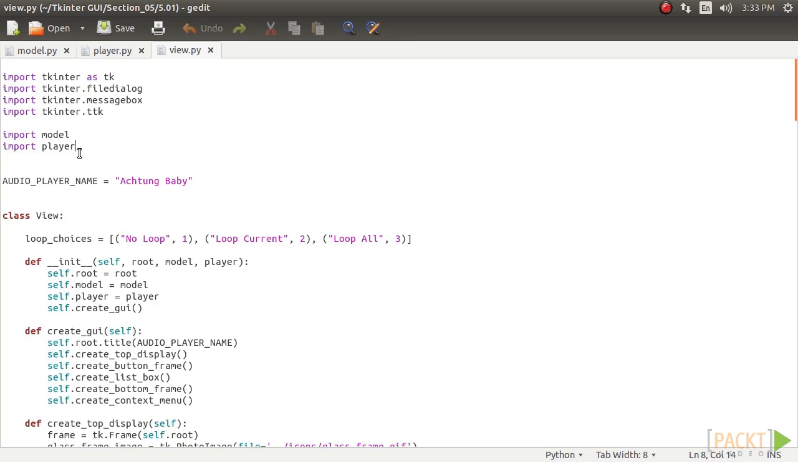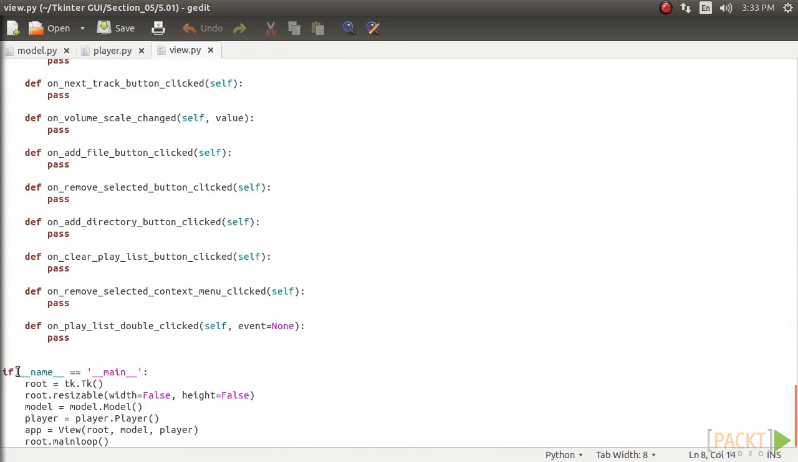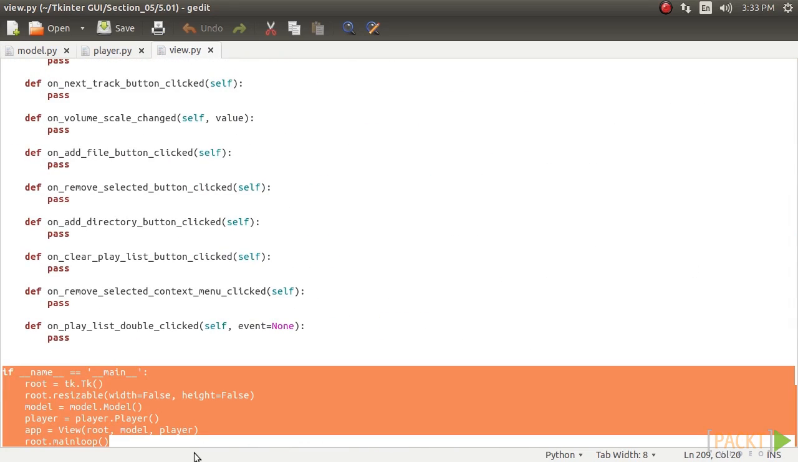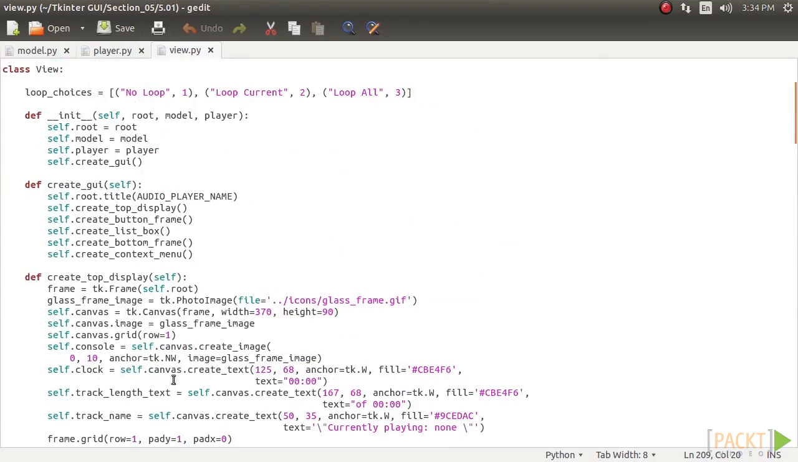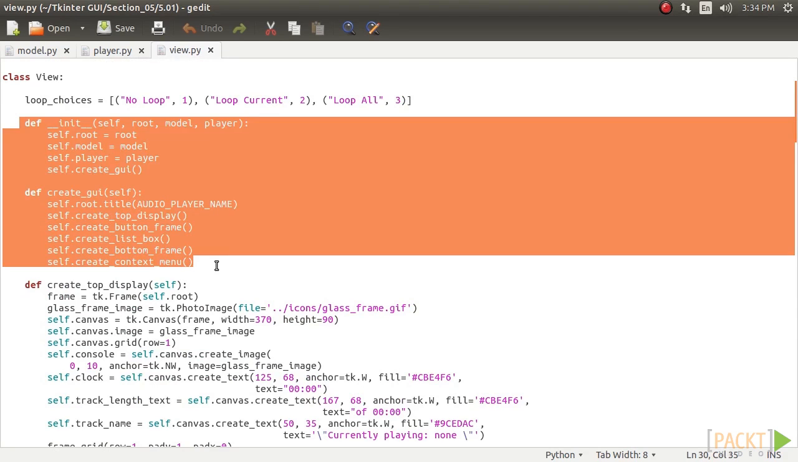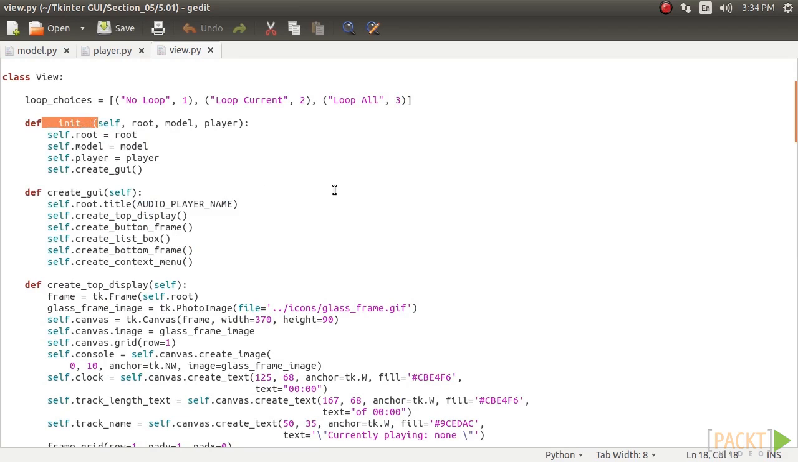Now, let's create the top-level window. Also, we'll create instances of the model and player classes and pass them as arguments to the view class. Now that the boilerplate code is written, let's start coding the actual view class. The __init__ method should look familiar to you by now. The final line of the __init__ calls a method called create_GUI, which is responsible for the creation of the entire